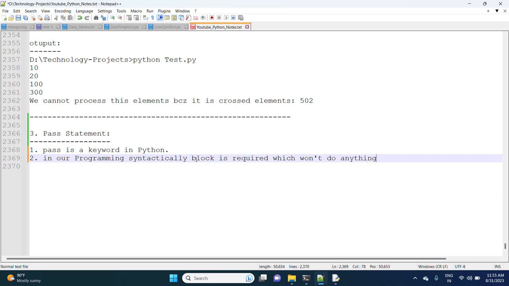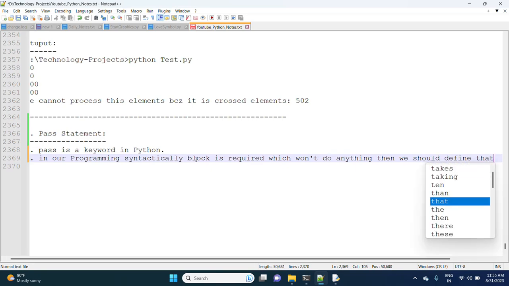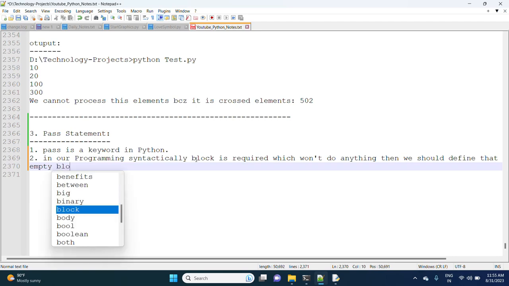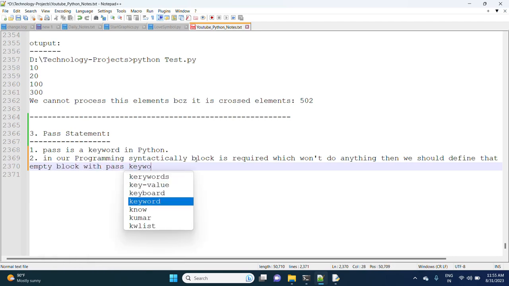Then we should define that empty block with the pass keyword.